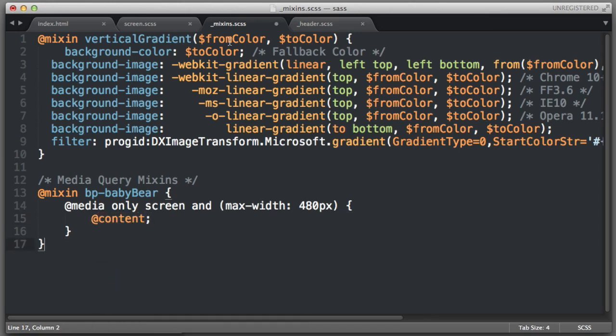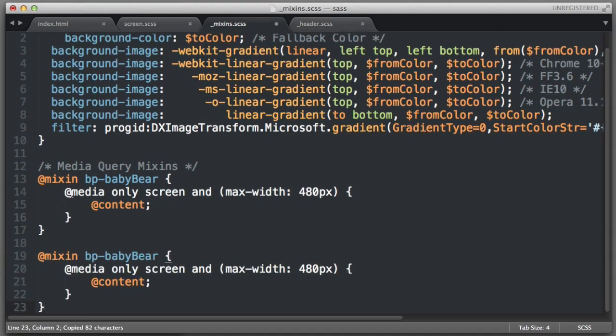While I am still in the mixins partial file, I'm going to copy this code that we just wrote, paste it. So we're creating a second mixin, and I'll give this one a name of breakpoint papa bear. And I'll change its media query condition to min width 1100 pixels. So now that we've created these two media query mixins, I'm going to head back over to our